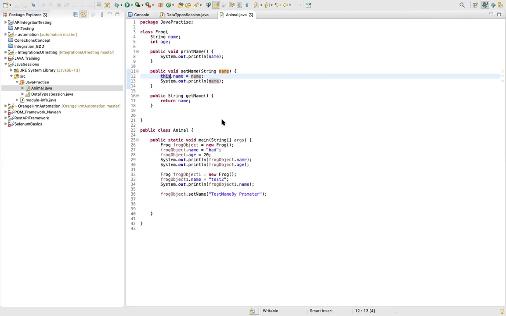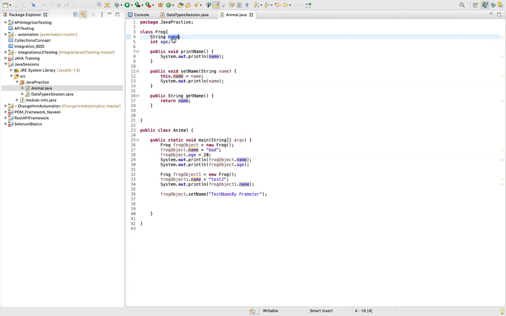One more thing we have observed is variables and the different types of variables. There are local variables, instance variables, and class variables. The variables defined inside your methods or constructors are called local variables. Instance variables are any variable within a class but outside any method. Within a class but outside your method, these are called instance variables.